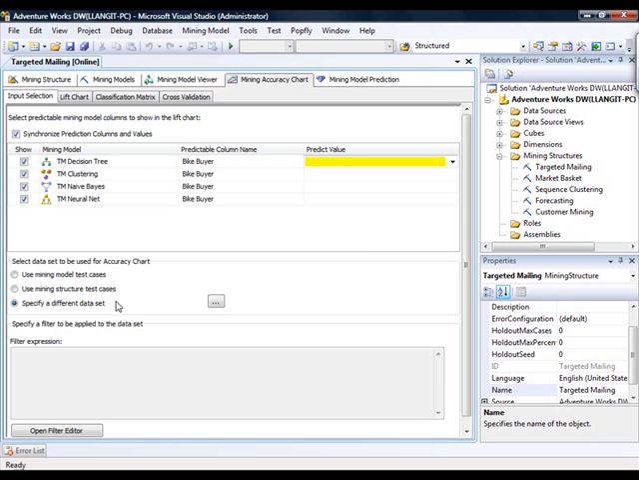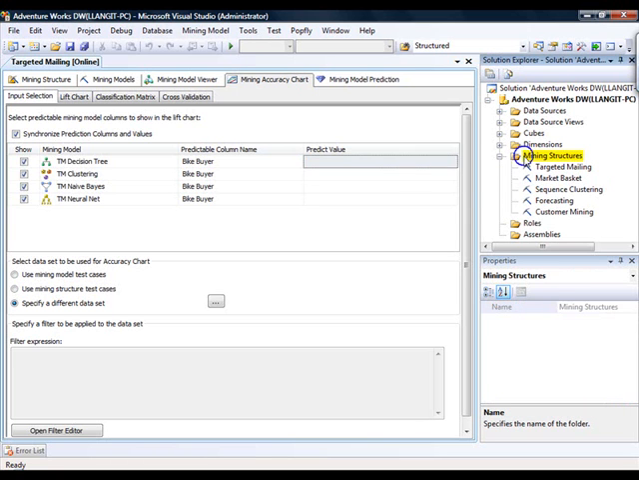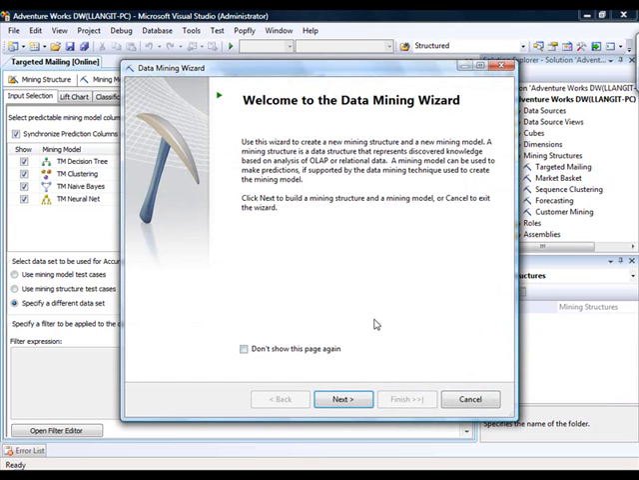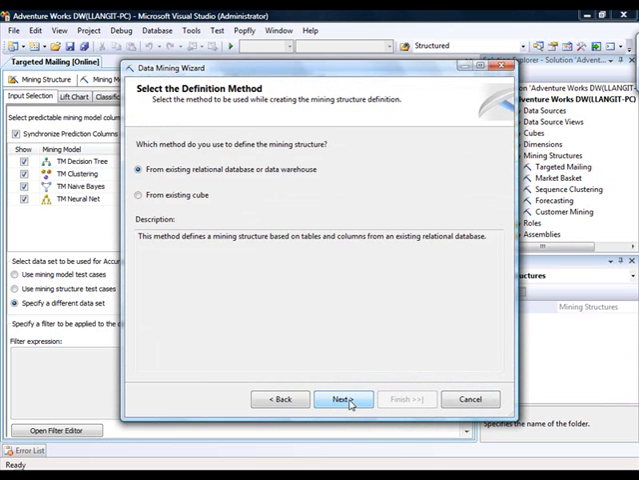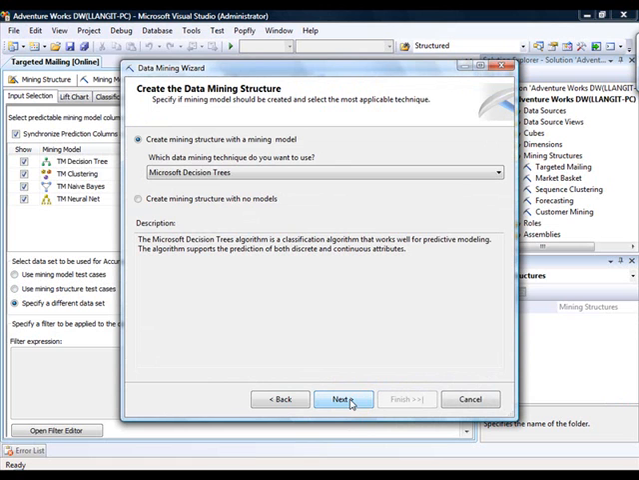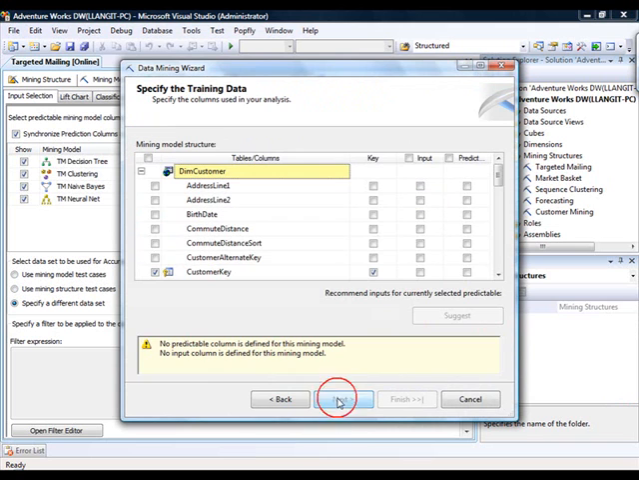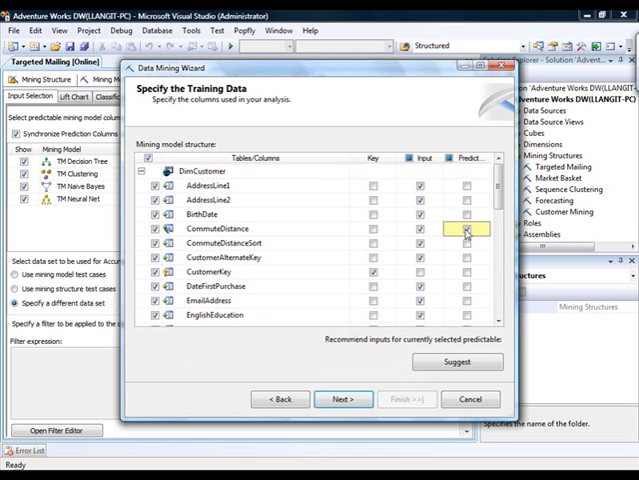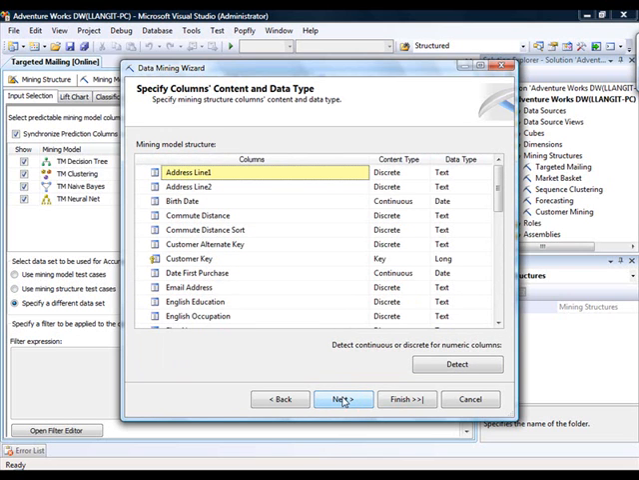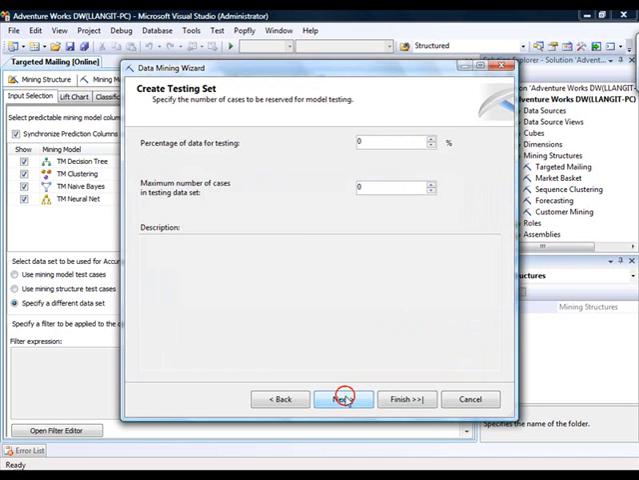A new enhancement to SQL Server 2008 is available when you actually use the wizard to create a mining structure, and I'll show that briefly here. To remind you of how that works, I'll right-click on Mining Structure in the Solution Explorer and open the new Mining Structure dialog box and click Next and select from an existing relational database or data warehouse and select Decision Trees and select DIM Customer as our source table and select a couple of inputs and a predictable of commute distance, and then I'll just agree with all of the selections for content and data types,